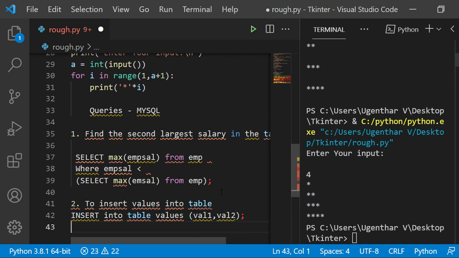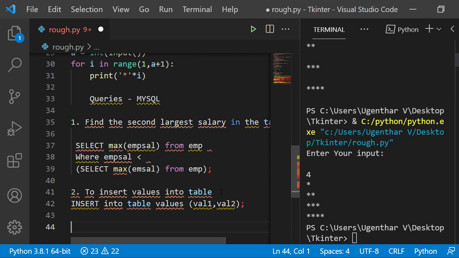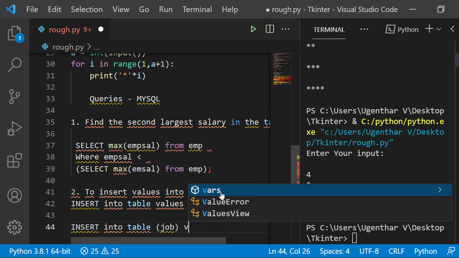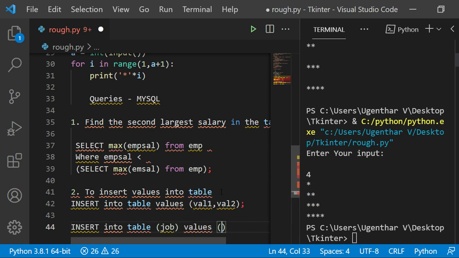She specifically asked me to insert only the job value, so I modified my code like this: insert into table job values, value 1. This also will be asked.